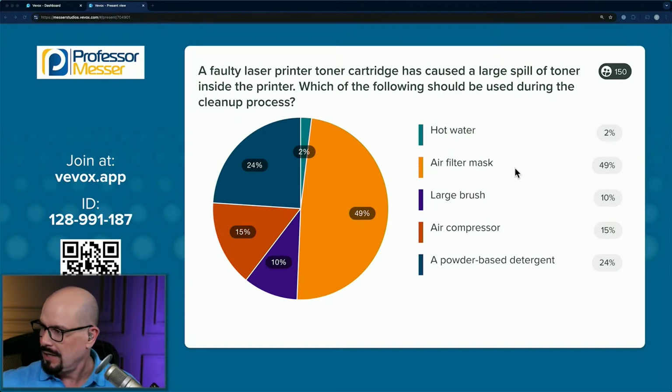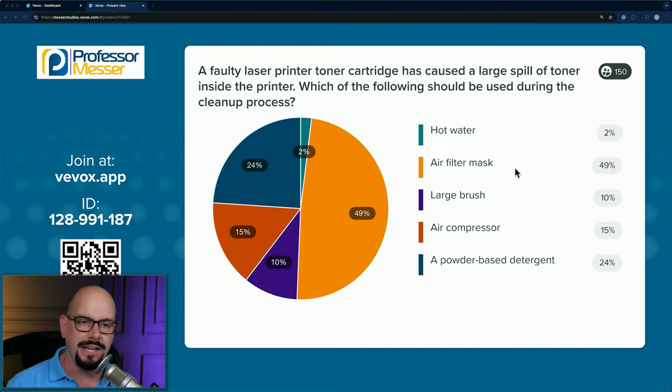Now, as you've probably seen, somebody said, could you use a vacuum? You could use a toner vacuum, which, by the way, is very unusual to find. Not everybody has a toner vacuum. It's a very special kind of vacuum. It's for printers. It's specifically made for toner. It will suck in the toner, but it has a very fine filter and will prevent the toner from coming back out, because the vacuum cleaner has air that goes in and air that goes out, because the air's got to go somewhere, and that's where it goes.